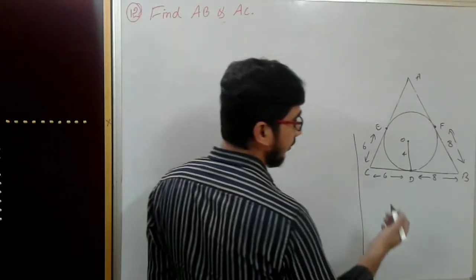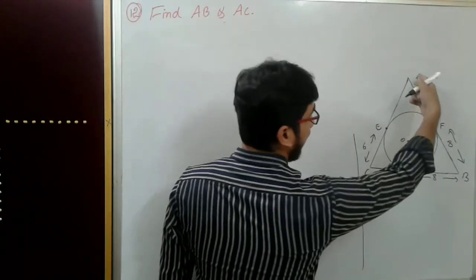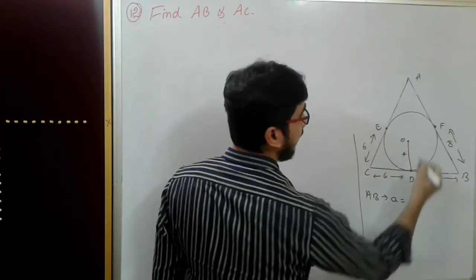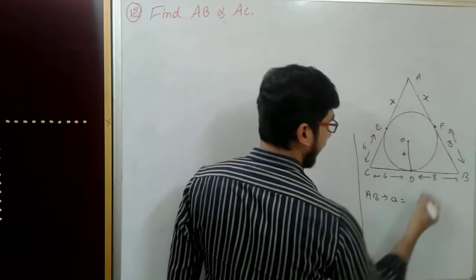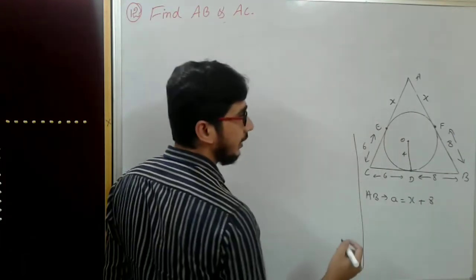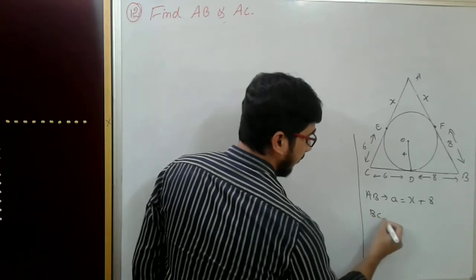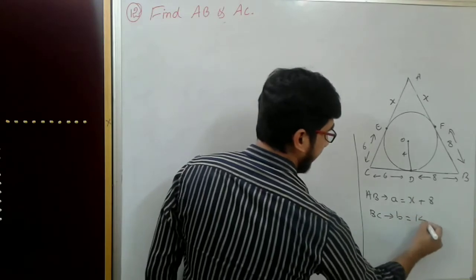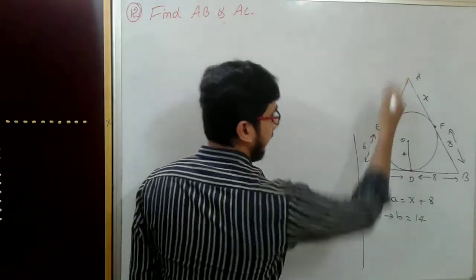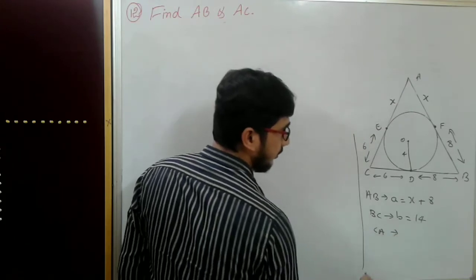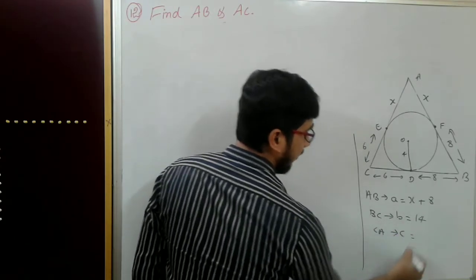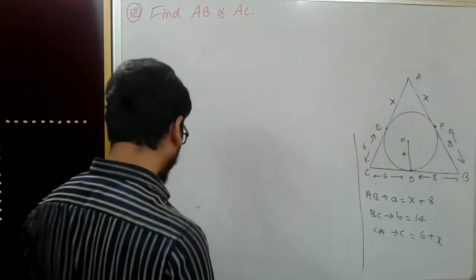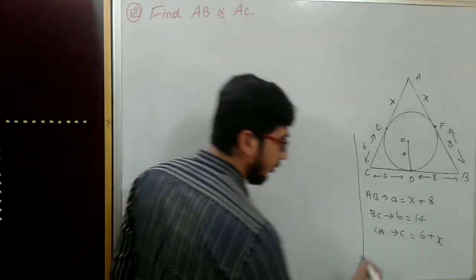Okay students, let us continue. See, I told before itself, AB is nothing but call this as A. Okay, and its measurement is x plus 8. Oh, remember this one we need it. BC I called it as B, and its value is equal to 14 centimeter. Next CA. CA I told as C, and its value is 6 plus x. This one keep it aside. So now we got semi perimeter S value.